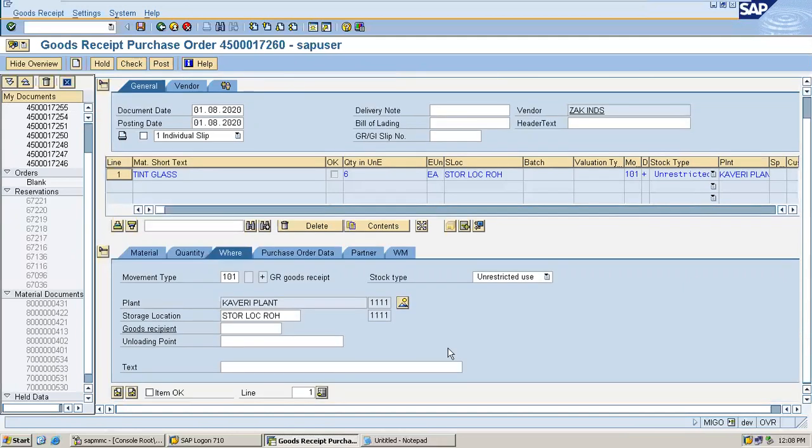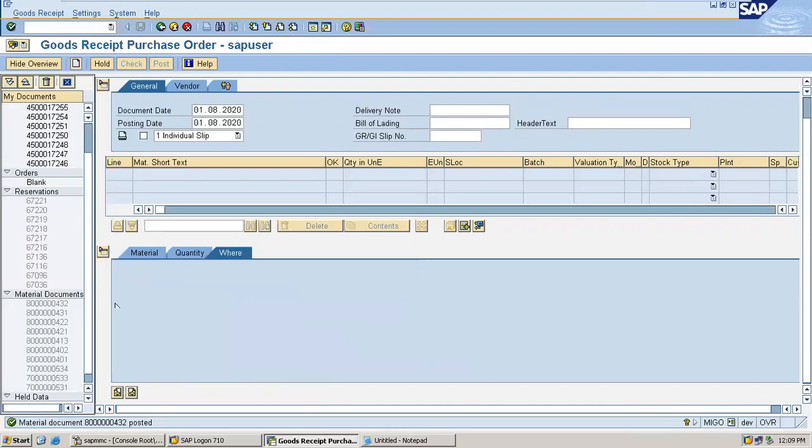Item OK. Check and post. See, I have posted it. The material document is 800000432, the material document number.